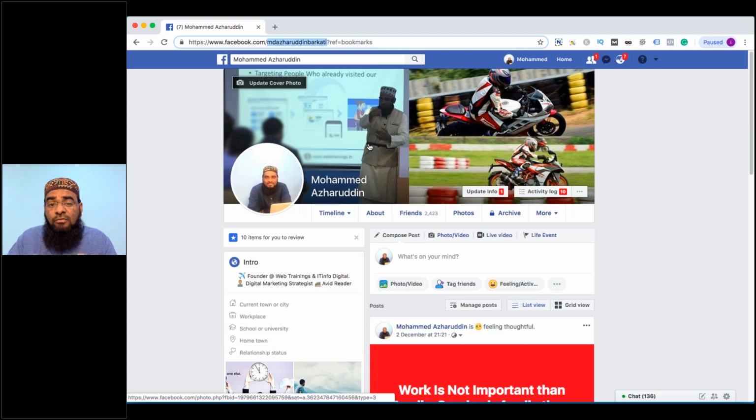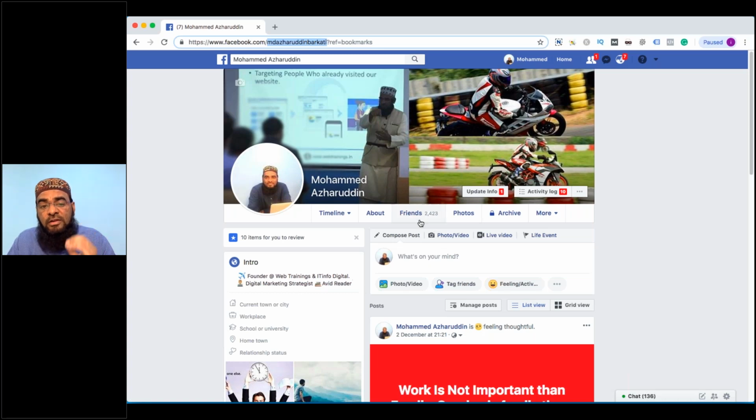So you have to make sure your profile is good enough. Have a proper cover photo, not some random photo, but a nice, professionally created cover photo. Work on your profile photo as well, so that a potential employer checking your profile can get to know you through your introduction and photos. Just try to make it a little bit professional.